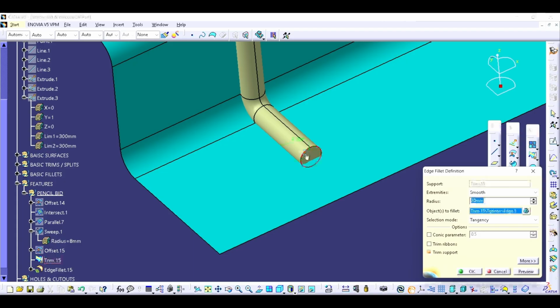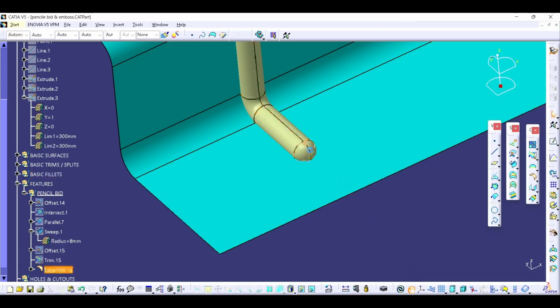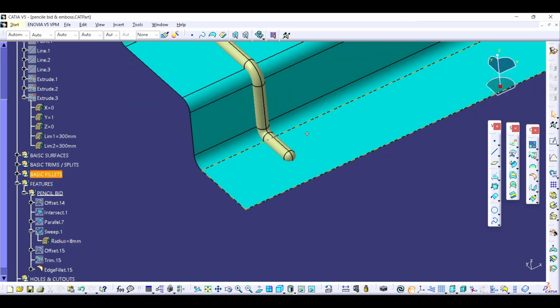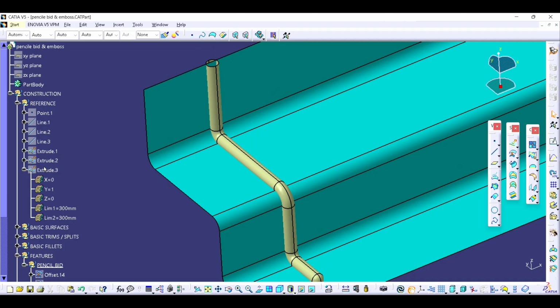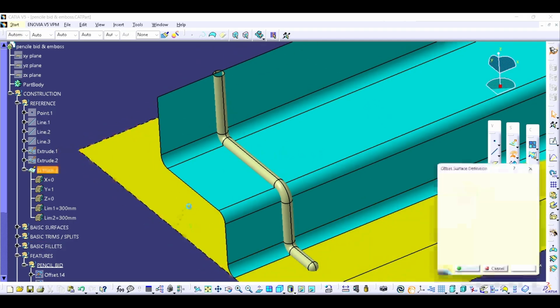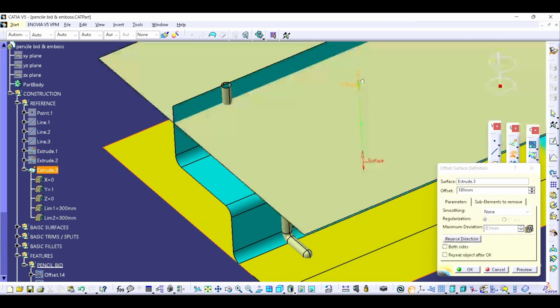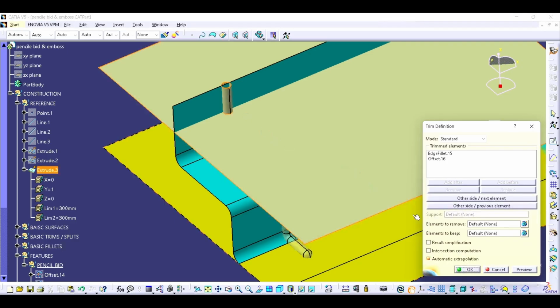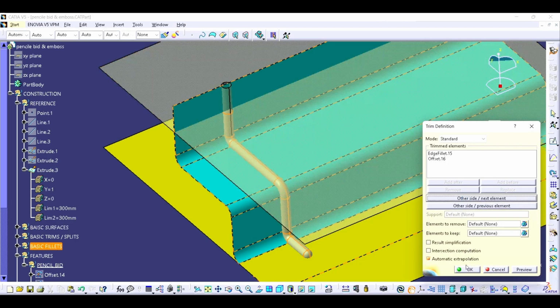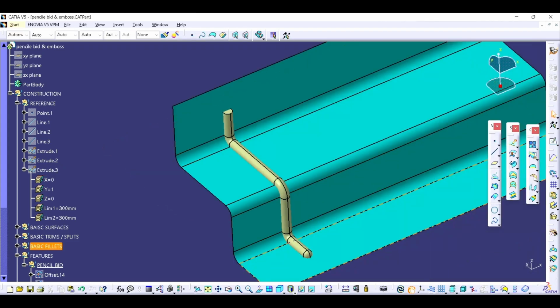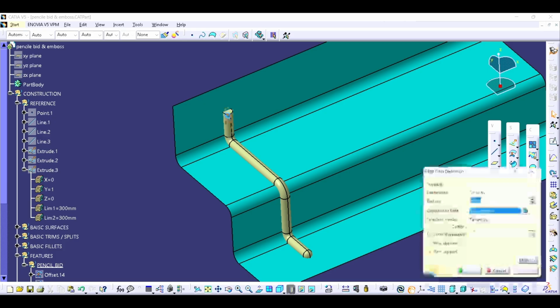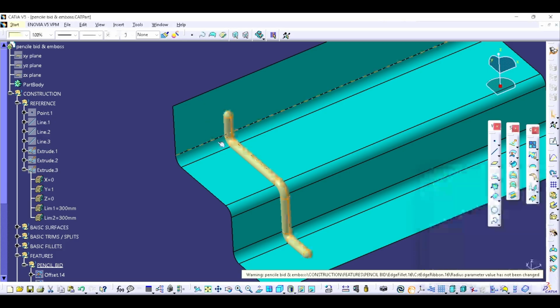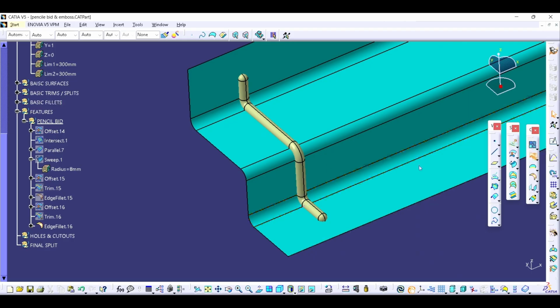Sweep is 8 mm radius, so fillet will be 8 mm. You can decrease the fillet, but usually we use the same amount of fillet which we have used here for the sweep. Okay, for here also we're going to use the same. I'm going to use offset. Okay, going to okay here. Again using the trim. Okay, and you can provide the fillet over here again 8. Okay, and the last operation is our